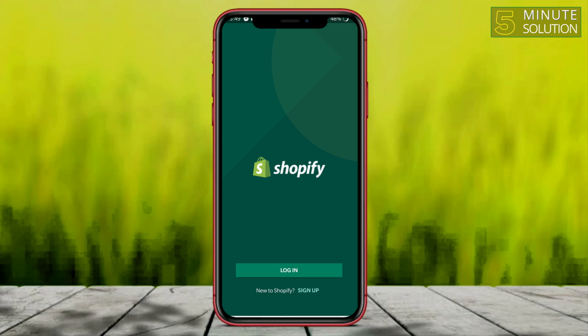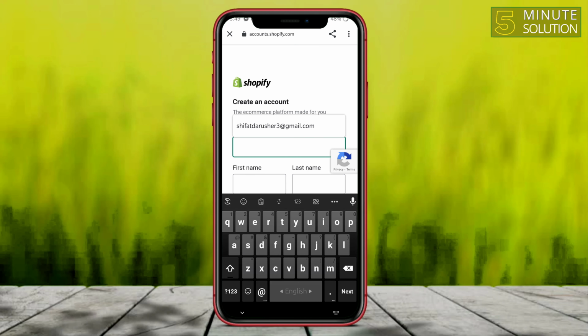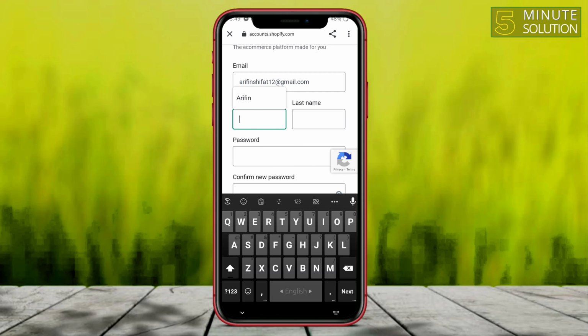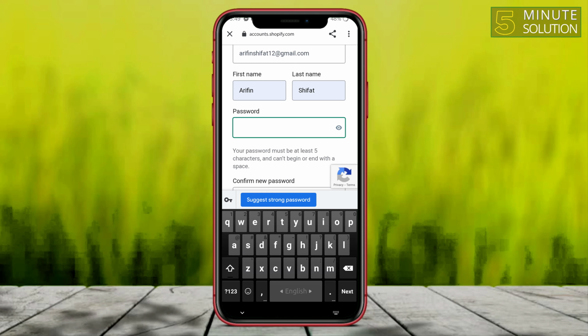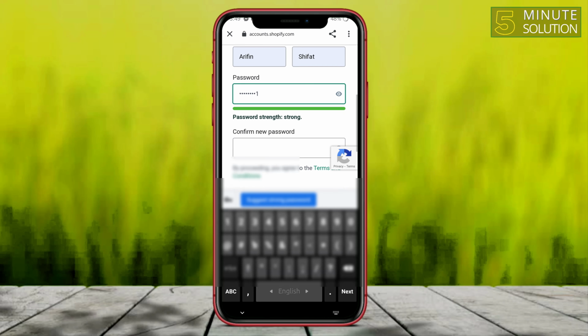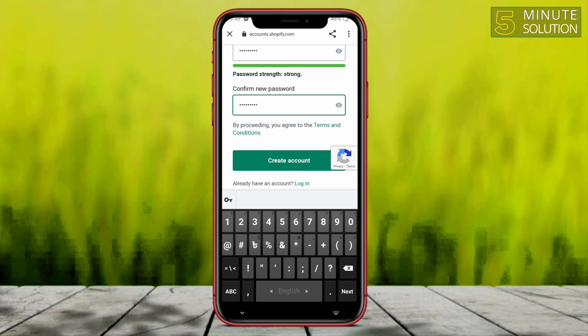Now you can see the sign up option. Just tap on that, and here you can see it's telling you to give your email, so I'm just giving my email. Okay, and you have to put your first name and the last name, and you have to give your password, right? And simply put your password, and after that simply click on create account,